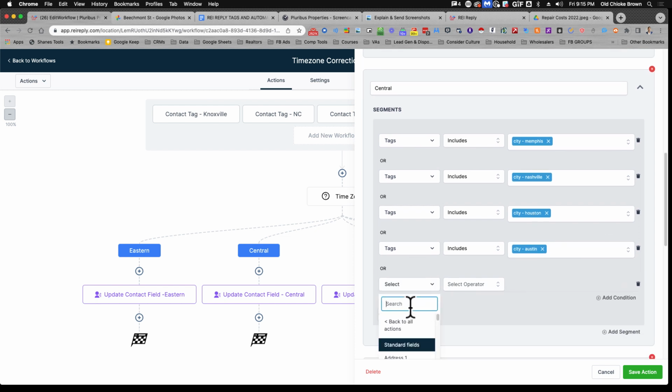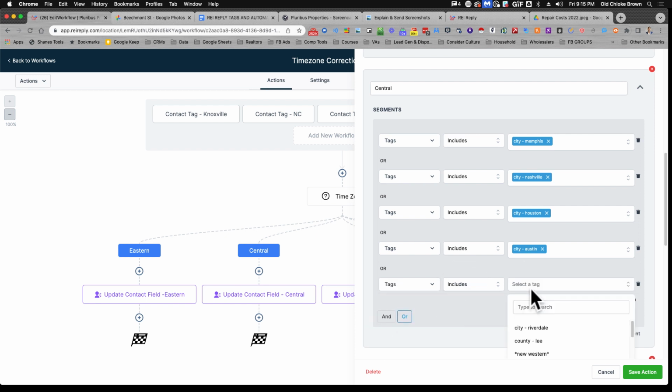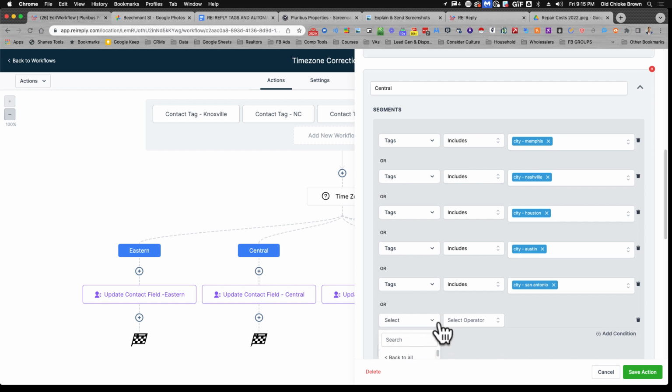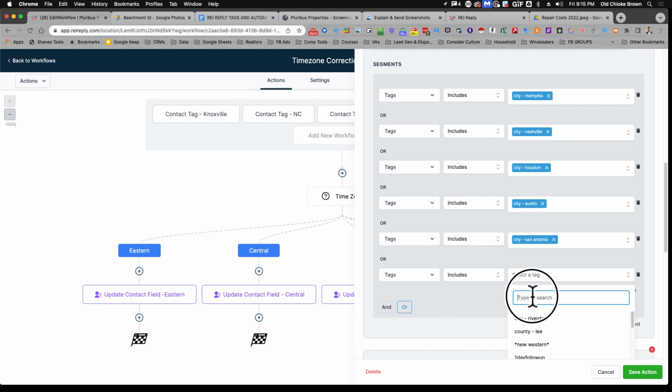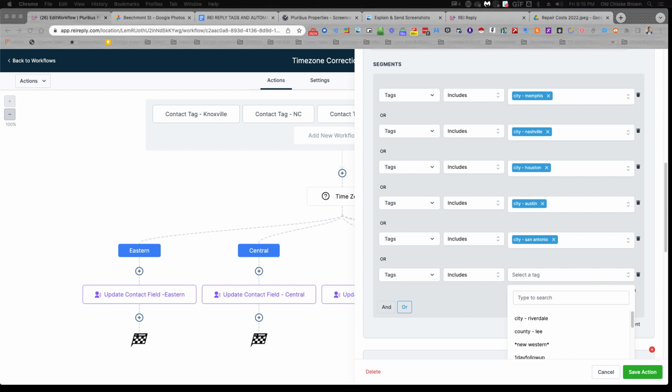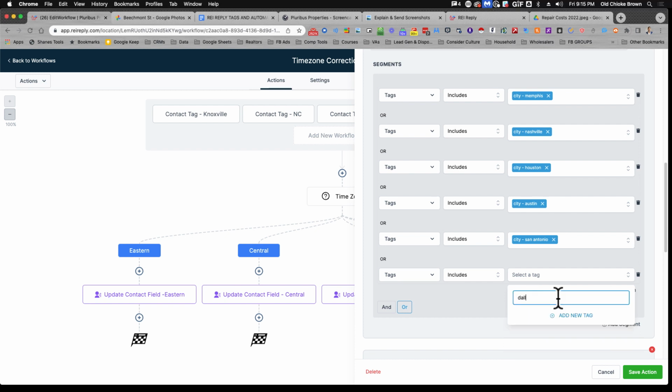Contact details, tags, includes San Antonio. All right, we'll do add condition, contact details, tags, includes Dallas,